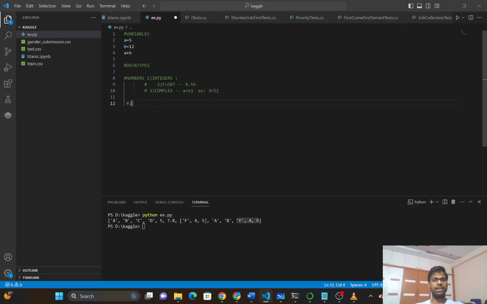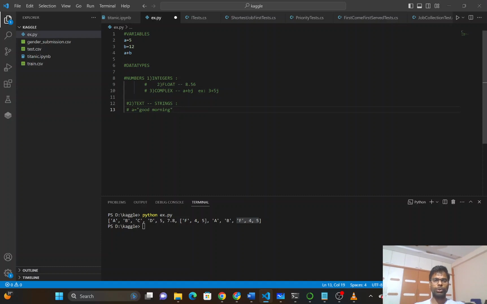Can I store text values? Yes, you can. So we can store text values in the form of strings. What do we mean by it? If I want to store a text value, let's say my variable is a, I'll assign, within the double quotes, whatever text that I want to store. Let's say good morning,